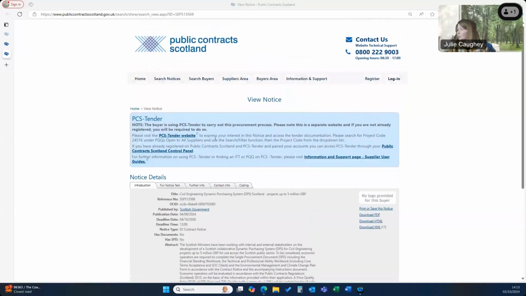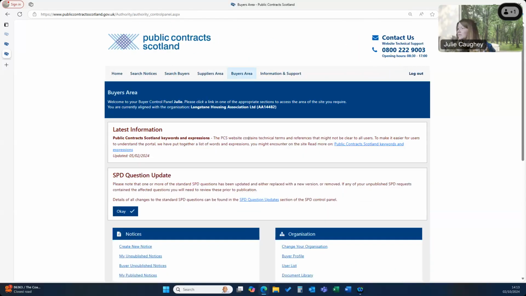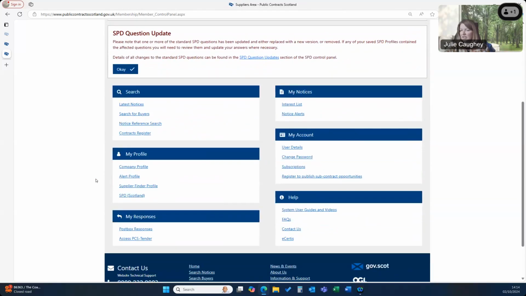Right, so what I'm going to do now is log in as me. I'm going to make sure that I'm logged in as me. Then I am going to go into the suppliers area. There is a little thing you can do if you haven't done it already, which is to link both of your accounts for PCS and PCST. I am going to go in via my link that I've done, Access PCST, but actually before I do that,